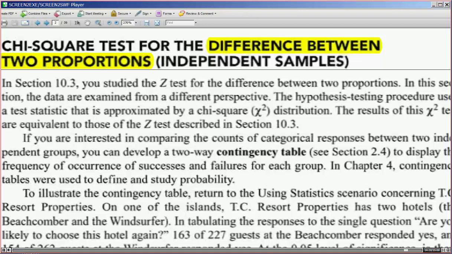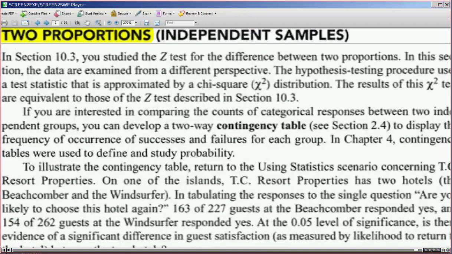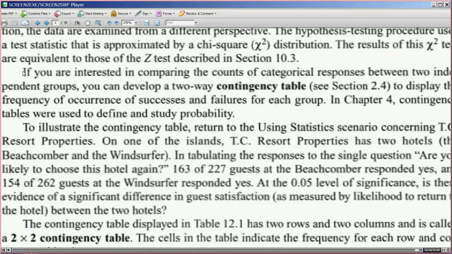We have a new distribution to look at. Chi-square distribution. Why the heck it exists and how it really influences the decisions, we might look at a little later, not right now. The results of this chi-square test are equivalent to those of the z-test described in section 10.3. Okay, we're going to stop here and let this